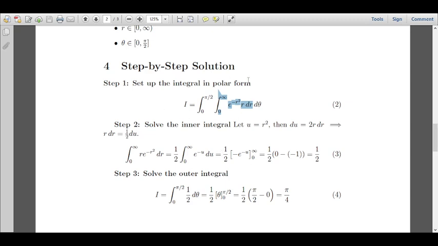Evaluate the following integral by changing into polar coordinates. Now if you see, this inner integral corresponds to y limits and the outer integral corresponds to x limits. So y varies from 0 to root of a square minus x square, and x varies from 0 to a. And these are the limits: x lying between 0 to a and y lying between 0 to root of a square minus x square.